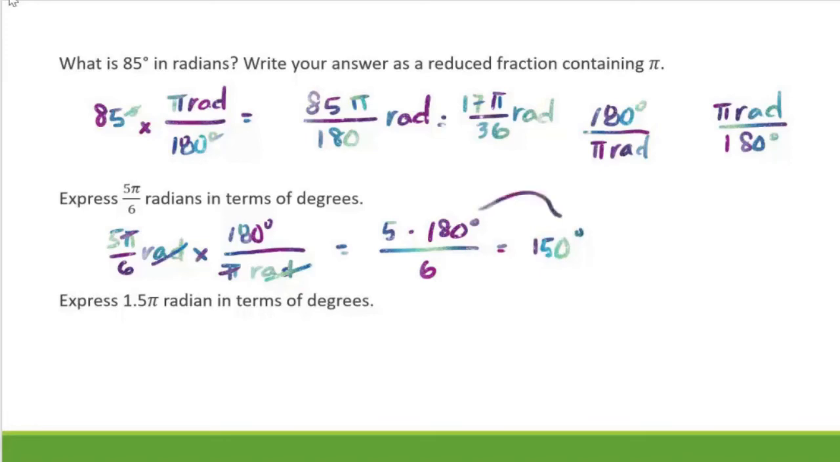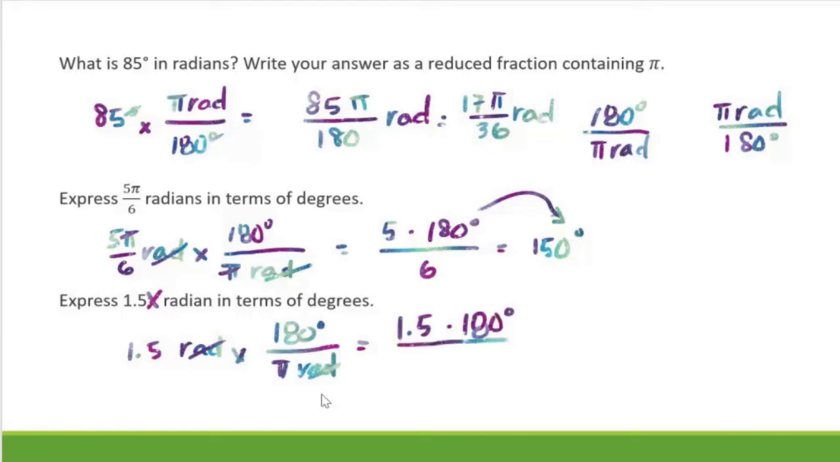degrees. And finally, I'm going to change this question a little bit on us. We want to take 1.5 radians and convert that to degrees. So similarly to the previous question, we're going to multiply by 180 degrees divided by pi radians. But this time only radians cancels, and we're left with pi in the denominator. So we have 1.5 times 180 degrees divided by pi